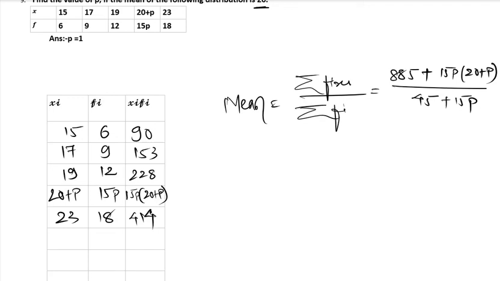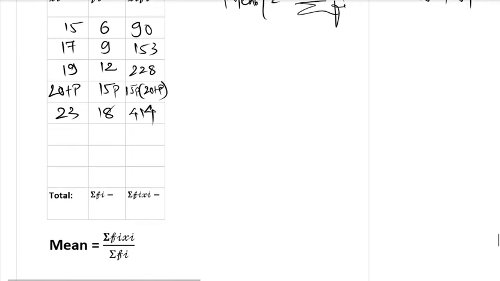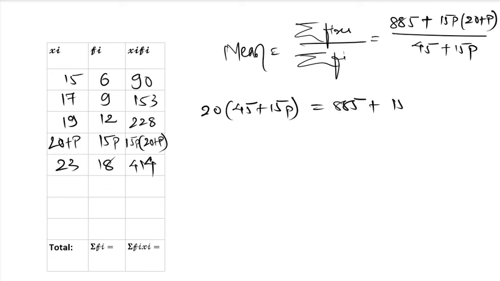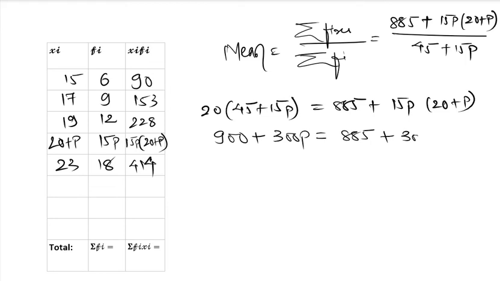So what is the mean? They have given the mean, that is 20. Okay, let's solve this further. So 20 bracket 45 plus 15p is equal to 885 plus 15p bracket 20 plus p. So 20 multiplied by 45 is 900 plus 20 multiplied by 15 is 300p is equal to 885 plus 300p, 15p into 20 again 300p plus